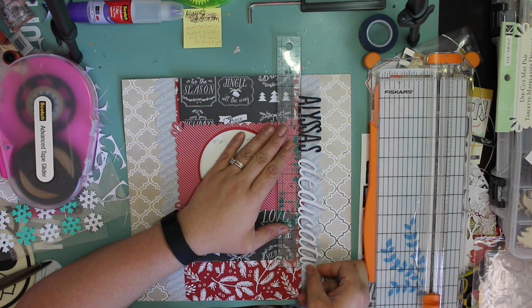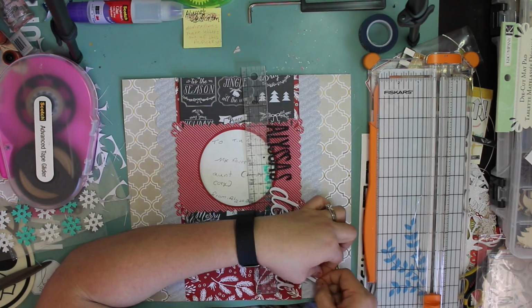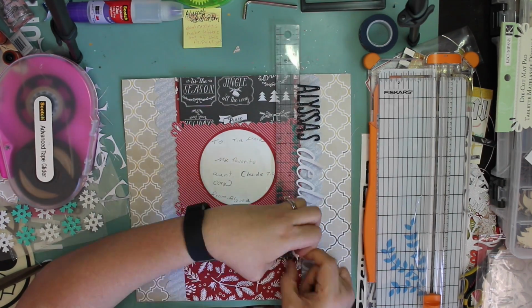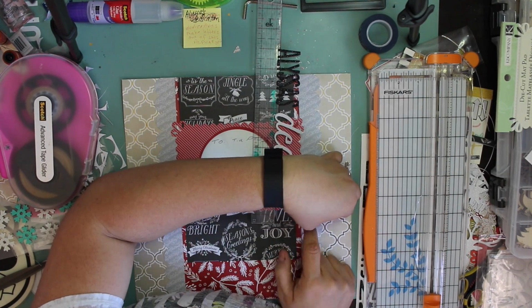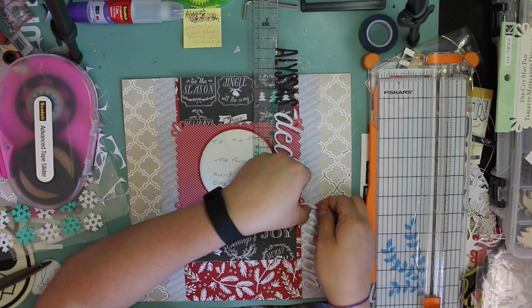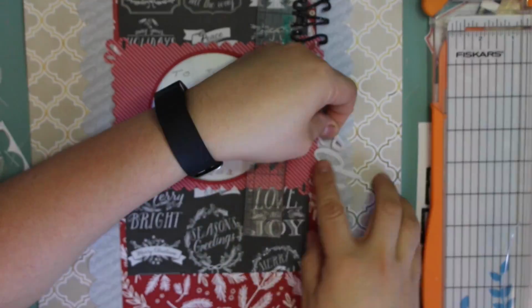So I am working on the back. I'm trying to put down the title of the back of this layout, which is like a whole layout, but it's a 2-in-1, I guess. I don't know how to word it. But I did have to finagle an E and I believe an N